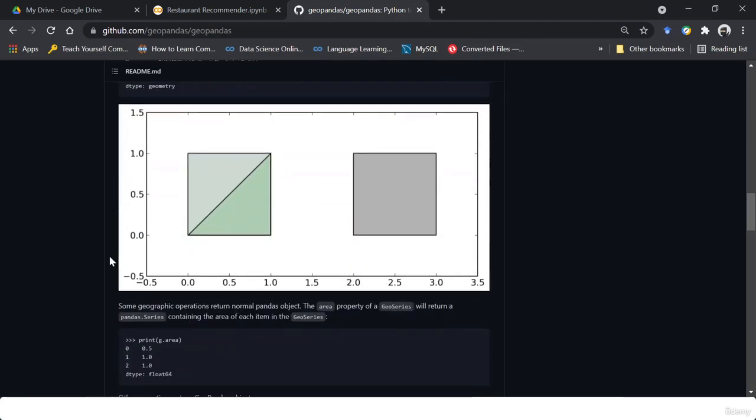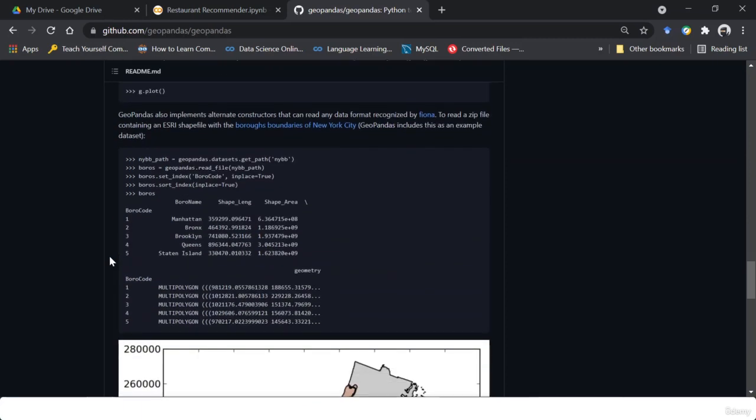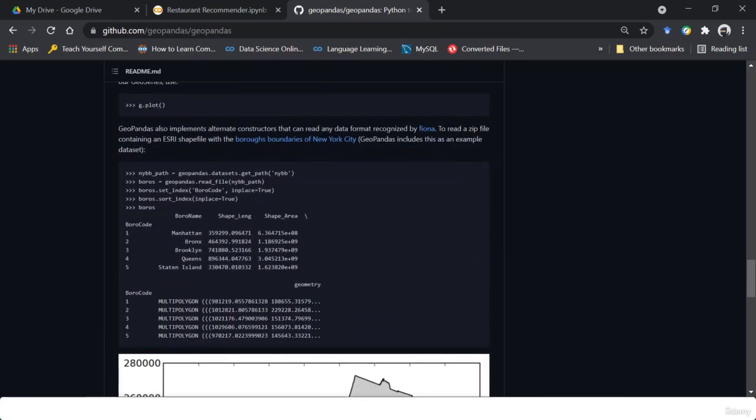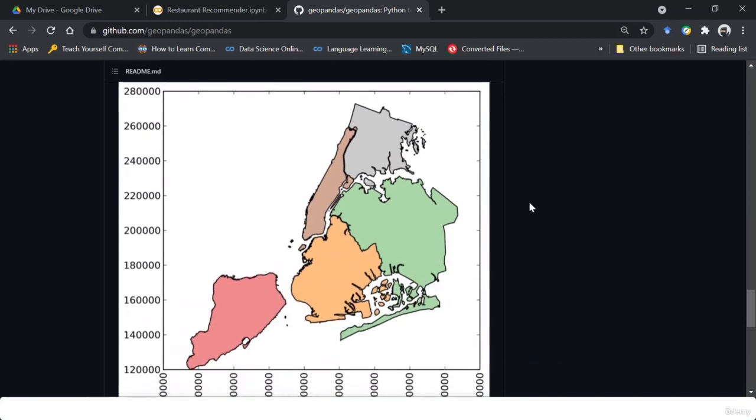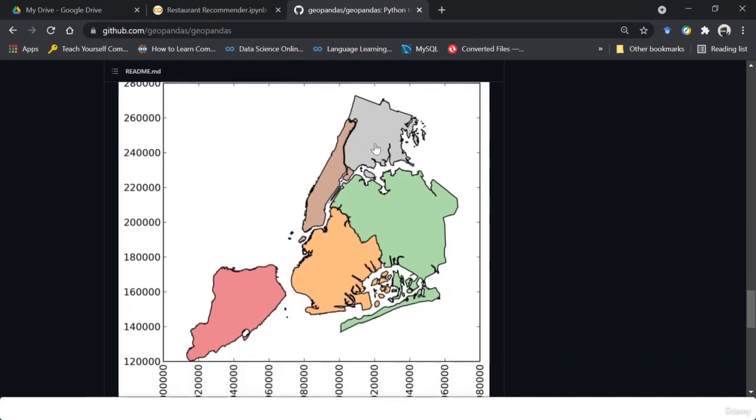Now, what I wanted to show you actually was not all of that, but this. See, this is a borough boundary of New York City. Okay, it is in the format of a Fiona file and read as a zip file, and you can see this map type structure.